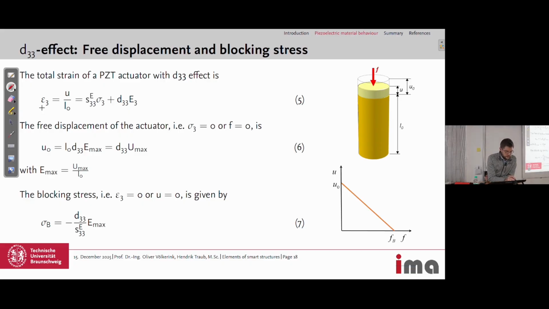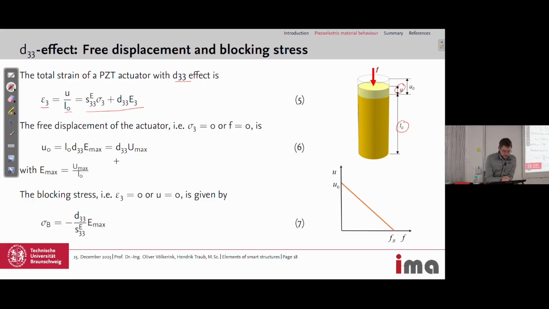We have the strain in 3 direction, which could also be expressed as the displacement u divided by the original or initial length L0 of the actuator. And we look at the D33 effect. So we have this equation again: strain equals compliance S33 times stress sigma 3 plus